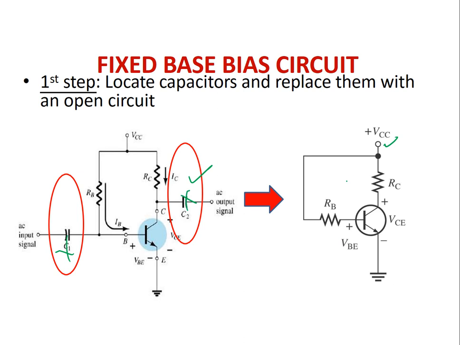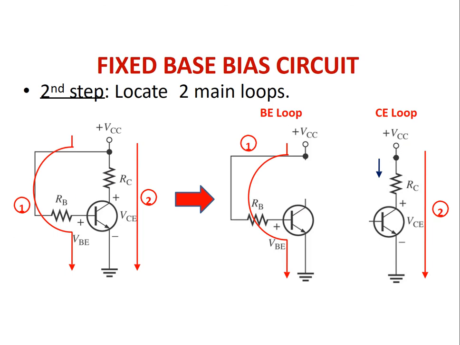Then we can simply use the KVL here. Okay, for example, if you just have a look here, in the first part, if you apply the KVL here, what will the KVL look like? If you want to calculate, for example, this is the VCC, this point is the VBE. You have a resistor RB. So what will be the current? VCC minus VBE divided by RB.